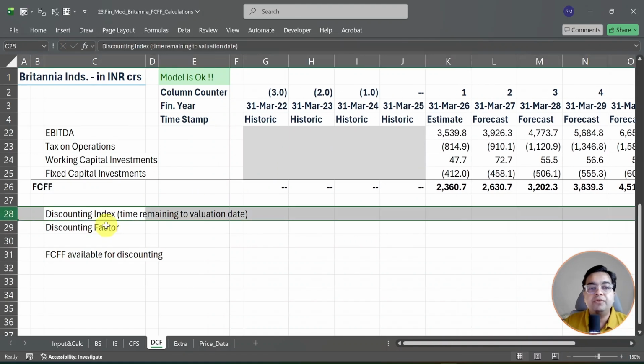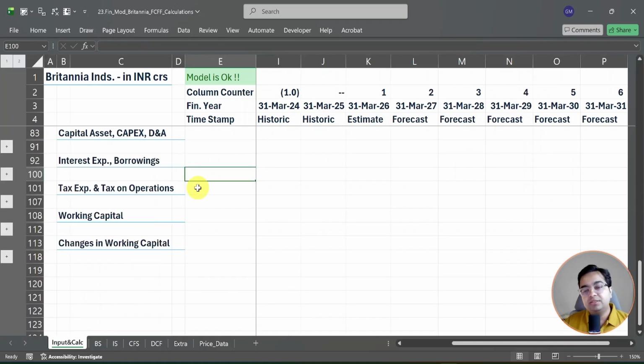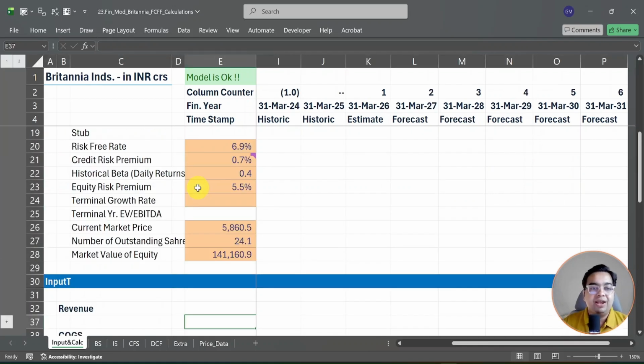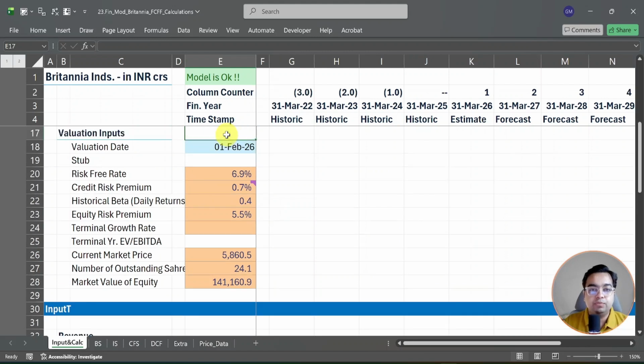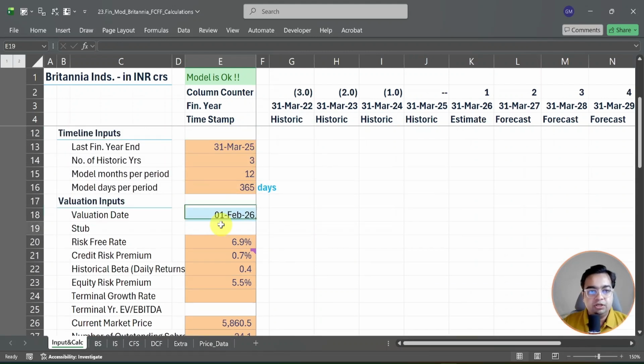To address row number 28, which is discounting index, we are going to make some changes in a cell in valuation input. Which one is that? That is going to be stub. So you need to first of all come to this stub, which is cell number E19 of input and calculation. We use a function which is called year